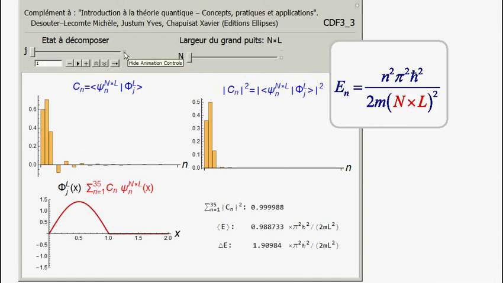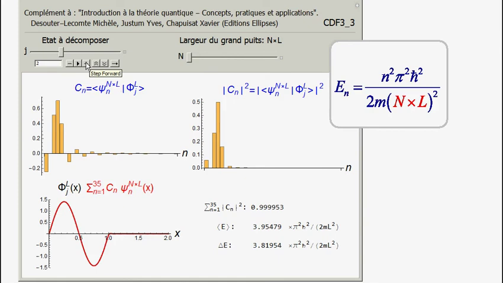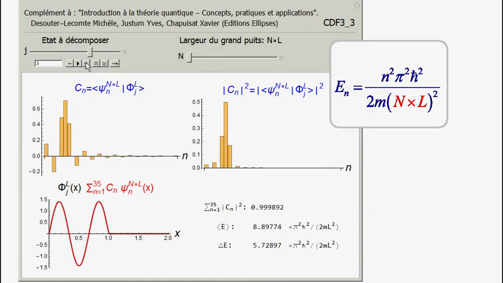By varying the j quantum number, we can analyze another situation, for example, for the second excited state n equals 3, we get a different distribution of the probability to get any eigenvalue for the outcome of measurement of the energy. Be careful that we have considered only the time t, and in the next